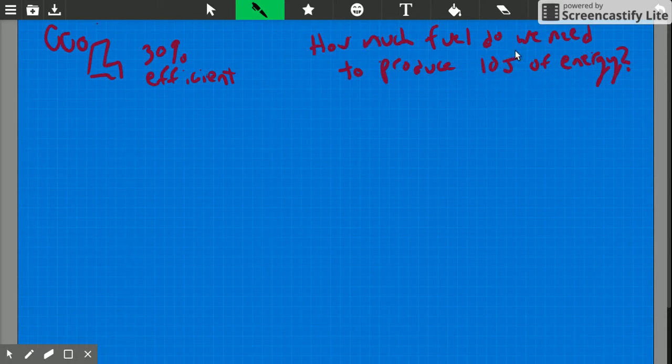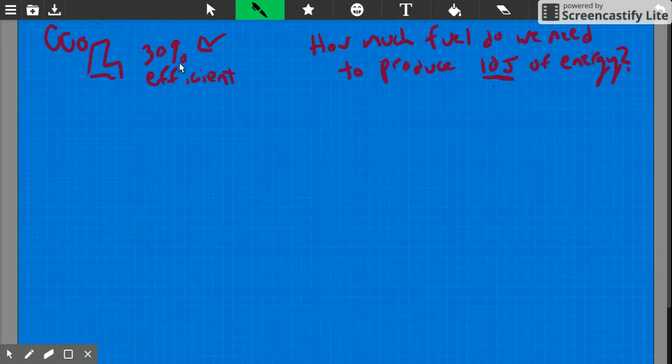And for those of you that aren't familiar with this unit J, it's a joule, and it's just one of many units of energy we could work with. Okay, so first of all, how do we use this number? And second of all, what the heck do we do with this weird conversion factor that we haven't really worked with before? Okay, so I think to begin with, it's important to figure out where this 30% comes